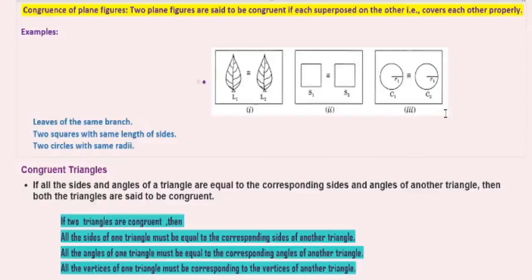So through this figure you can understand the concept of congruence. It's simply, congruence means two figures having same size and shape. Similarly, you can say two rectangles are congruent if they have same length and breadth, or two rhombus are also congruent, you can say, if they have same side. Now we will move to congruence of triangle.